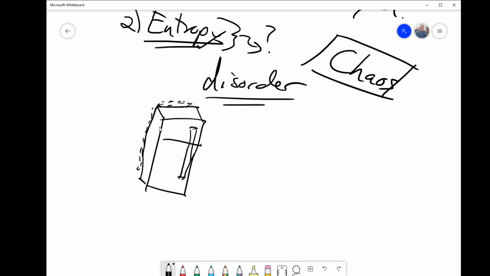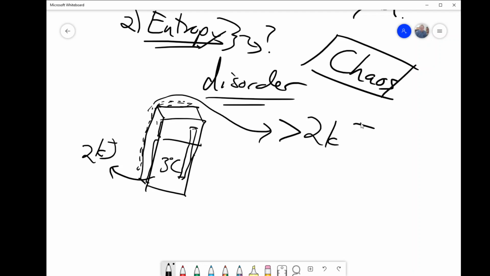So yes, they have figured out how to take a fridge and use it to cool off the interior. So say keep the inside at 3 degrees Celsius. But if it does that by pumping 2 kilojoules of energy out of the interior, then more than 2 kilojoules of heat energy are going to spew out the back. If we had a perfectly efficient system, which does not exist, then they'd both be 2 kilojoules. This has some waste heat.